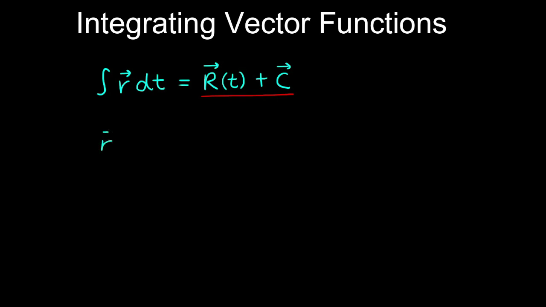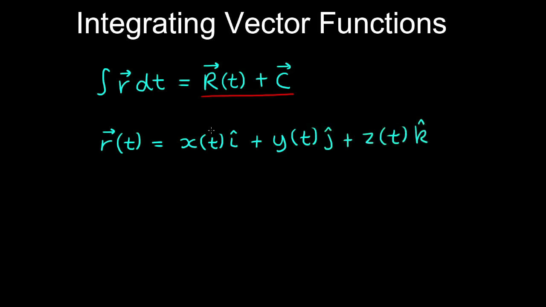Now if we write the vector-valued function in terms of the components, so we have the x component plus the y component plus the z component, where the components are integrable over the interval [a, b], then r is also integrable, and we can write the definite integral form of r over the parameter t from a to b